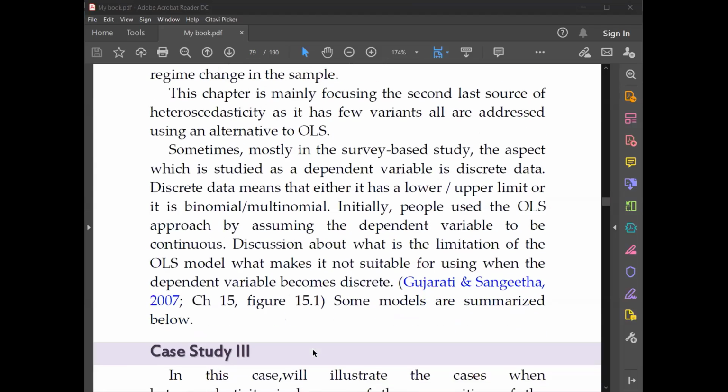let's move forward. More details are discussed in the Gujarati book, in chapter number 15. Let's